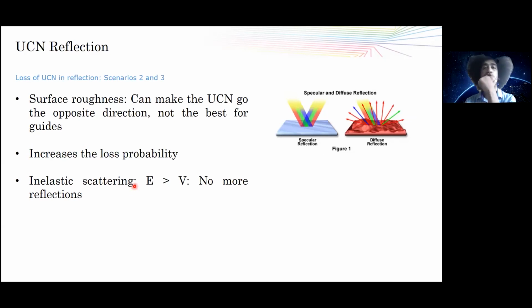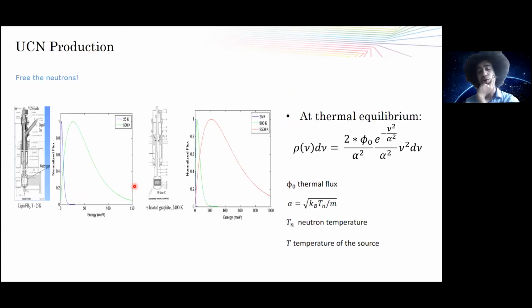Okay, so that was just an overview of the reflection of ultra-cold neutrons. But now, if we go to the production side of things, I'll go back a little bit to the usual things that most of us know, which is you create the neutrons at the ILL, you free them from the uranium, and you keep a sustainable chain reaction, and then depending on which moderator you have, you're going to have different types of neutrons, either the hot, the thermal, or the cold ones, and they have different